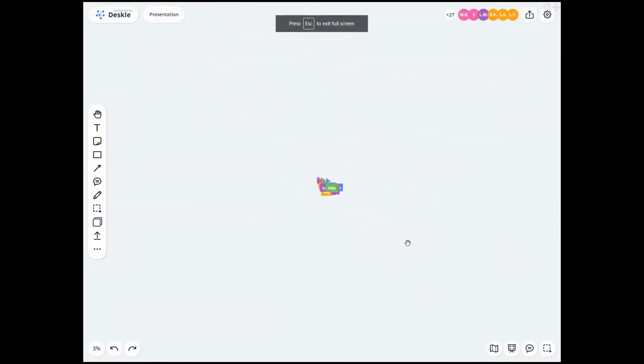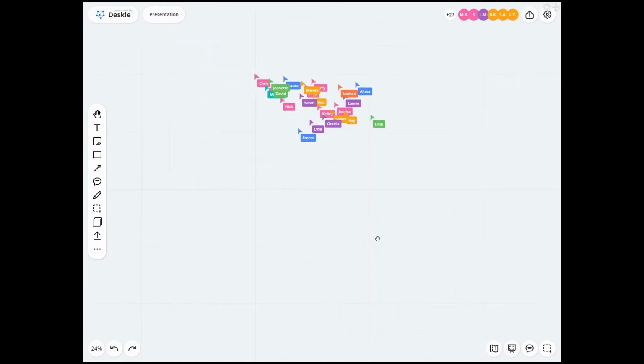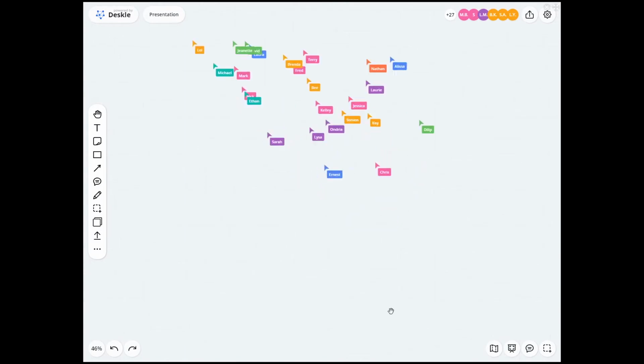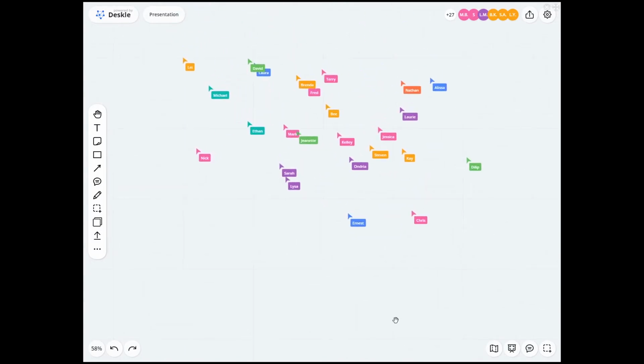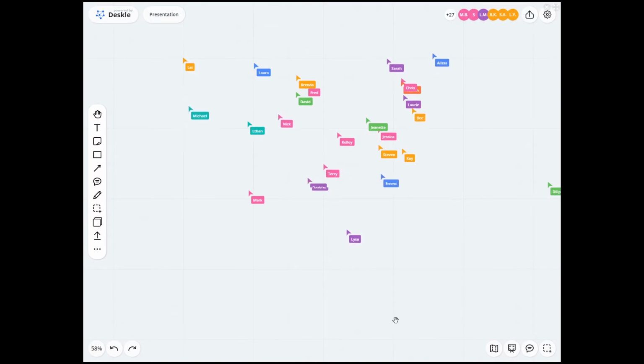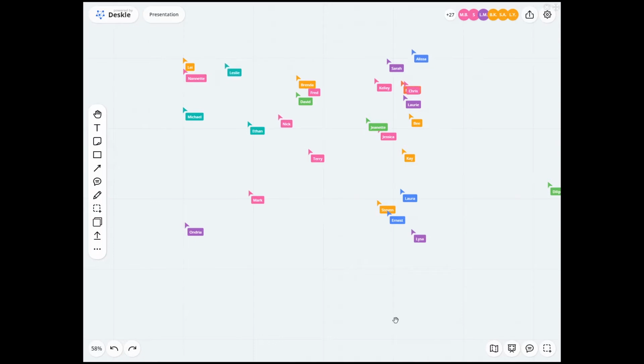And what you'll see is there's a bunch of cursors running around like crazy. For whatever reason, we can't turn those cursors off. So what would be helpful is if you could please move your cursor to a corner so that it's not in the middle of the whiteboard, and then leave it there. That means don't use your mouse for a little while we play this game. We'll just play a couple games on this shared whiteboard,